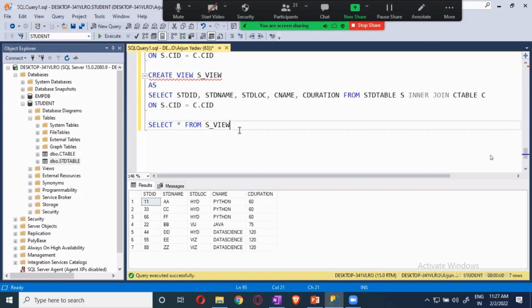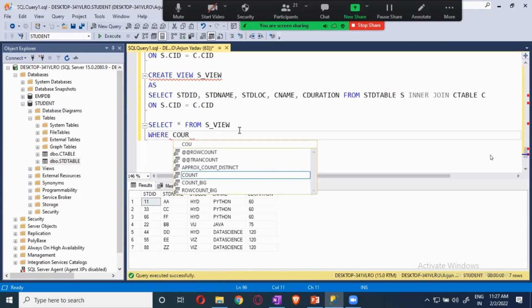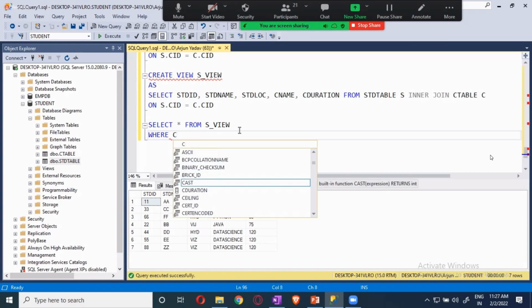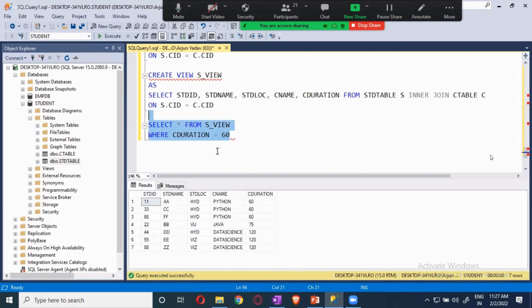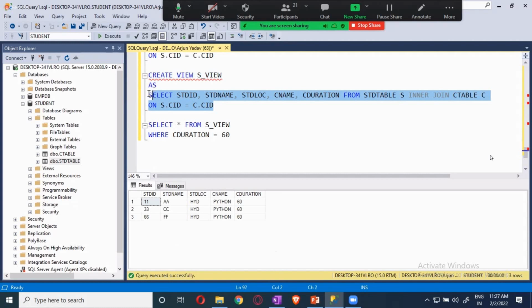If he wanted to see where course duration is equal to 60 days, this will work. So no need of doing all these joins all the time. You use the view, and this is very effective.